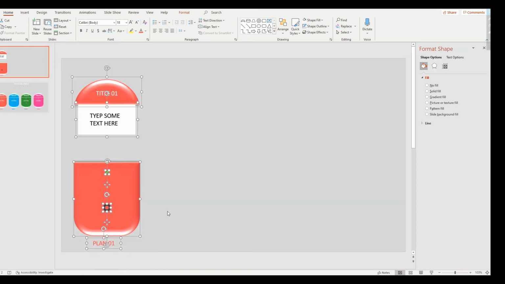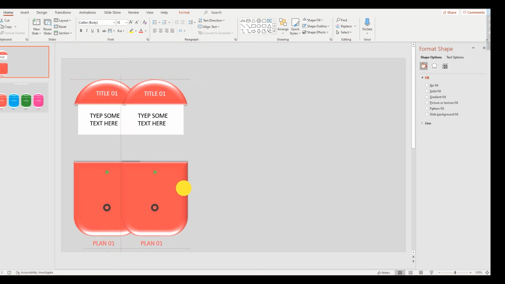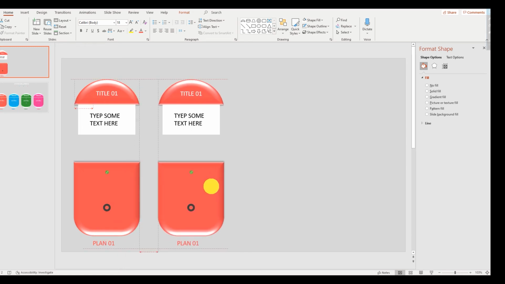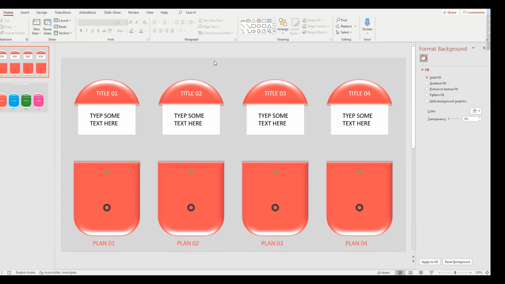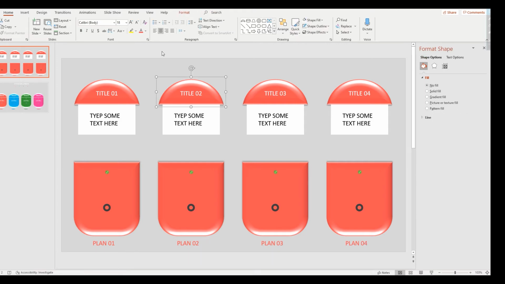Ctrl D for duplicate. Ctrl D again. So we need four like this, that is the reason we clicked Ctrl D for duplication, and we are changing the text. Okay, already changed. We are going to change the color also.